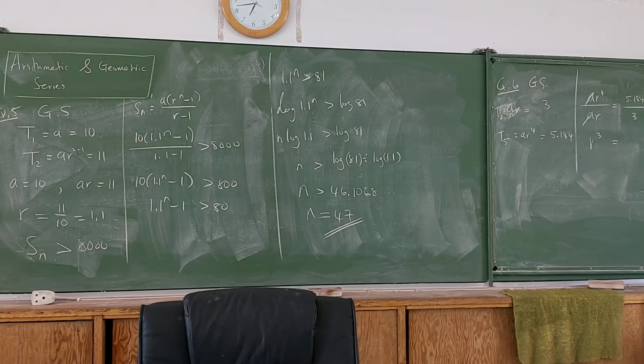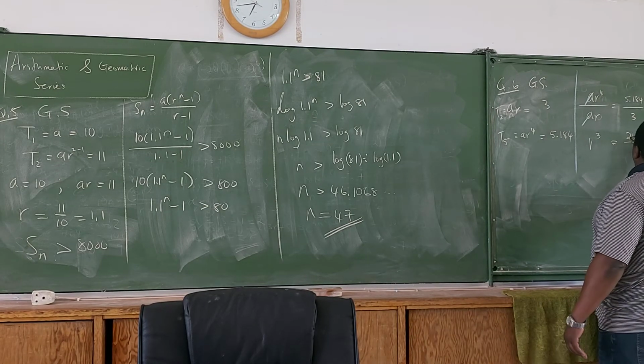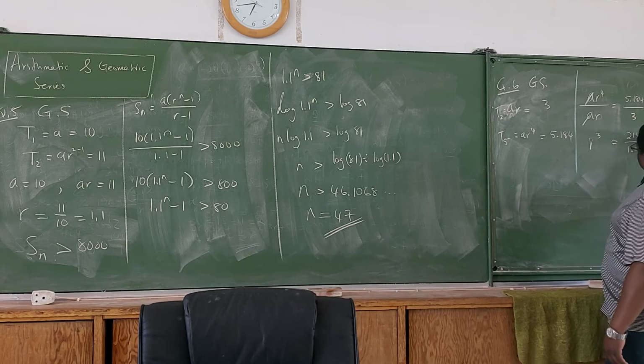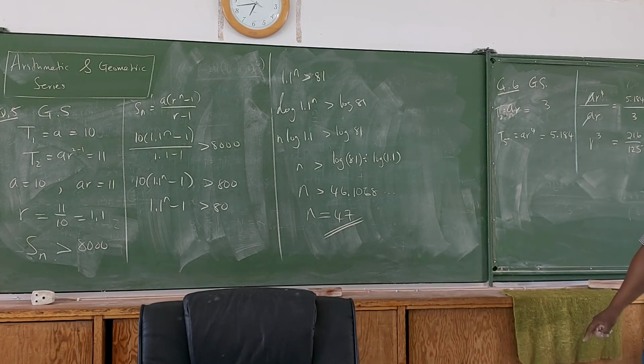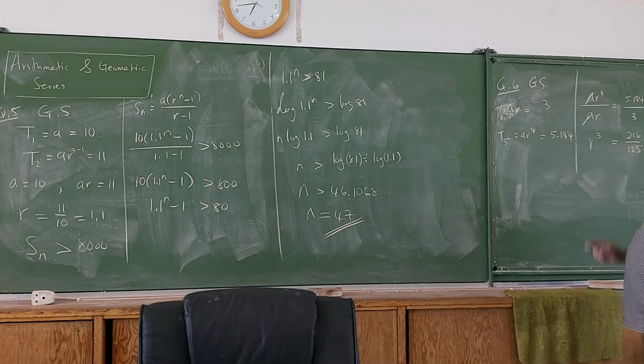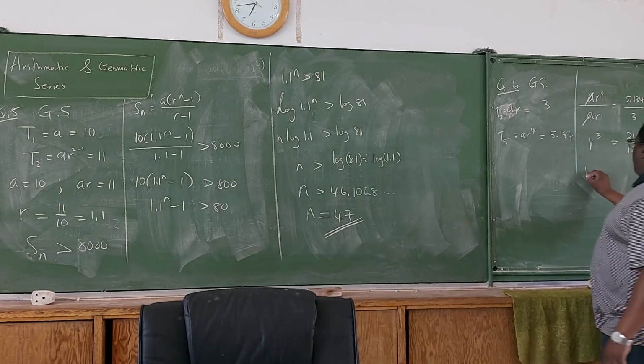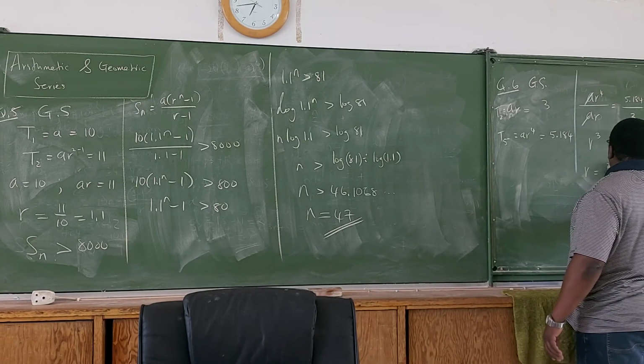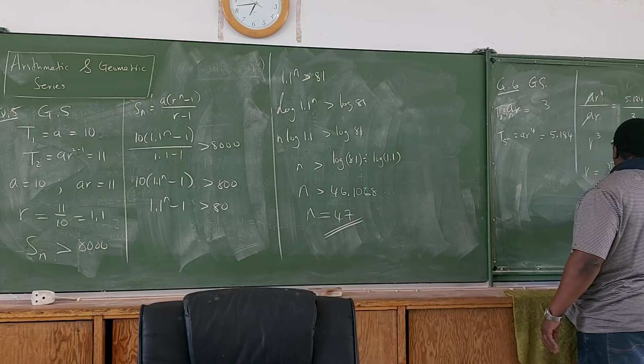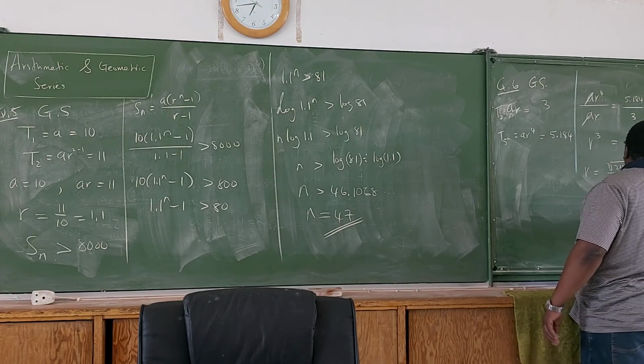Give me a fraction. 216 over 125. Good. Because 216 is a cube number of what? Of 6. 125 is a cube number of what? 5. So r equals the cube root of 216 over the cube root of 125, which is what? Right, but this is not